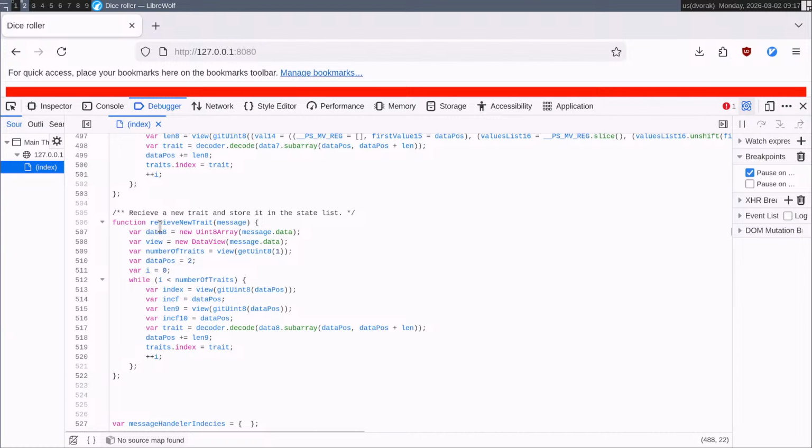But yeah, we're getting a message, turning it into an array at data 8 apparently, and a view. Are all of these global or something? Why is it data 8? Whatever.